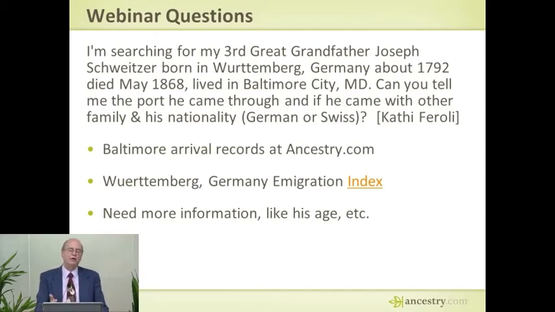As to his nationality, he was neither German nor Swiss. If he was born in Württemberg, as you say, he was a Württemberger. Württemberg was a kingdom in its own right up to the time of his death in 1868. He was of a German ethnicity, and when Württemberg joined the Prussian kingdom to create the Empire of Germany, then Germany began. That's not till 1871. So he was probably not Swiss. He was probably just a Württemberger, and we would think of him today as a German. Okay? But in the meantime, let's take a look at that Württemberg